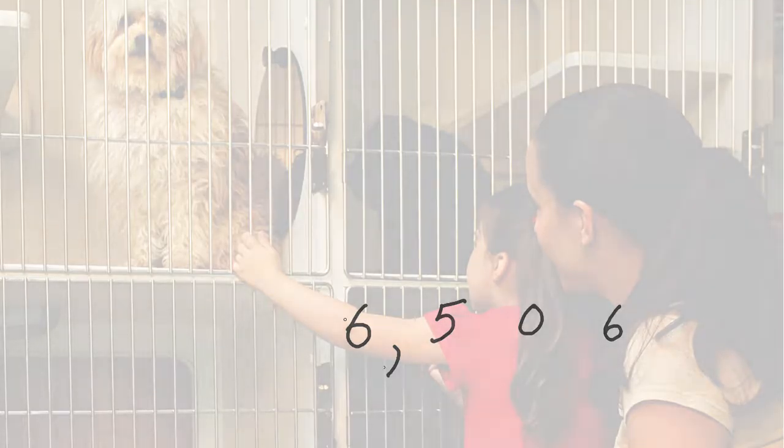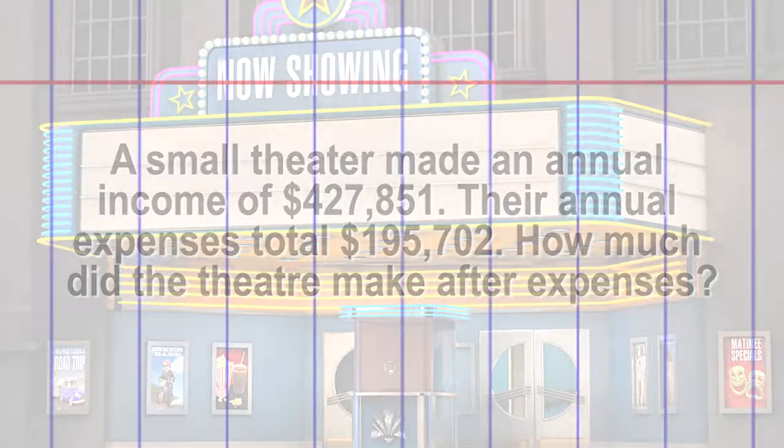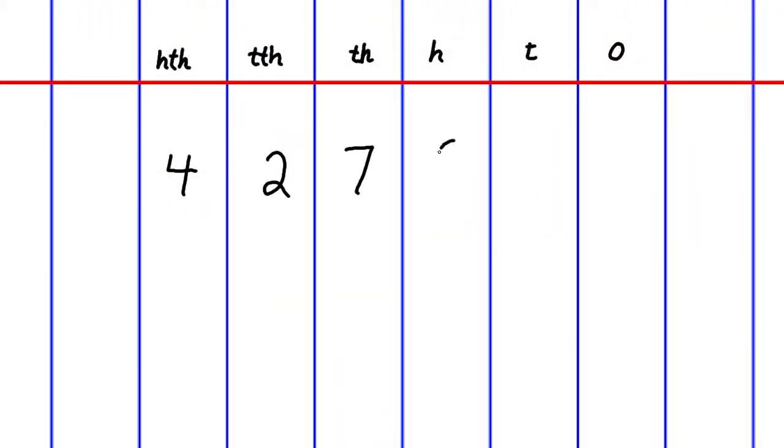Here's another problem that goes into the 100,000s place. A small theater made an annual income of $427,851. Their annual expenses total $195,702. How much did the theater make after expenses? $427,851 minus